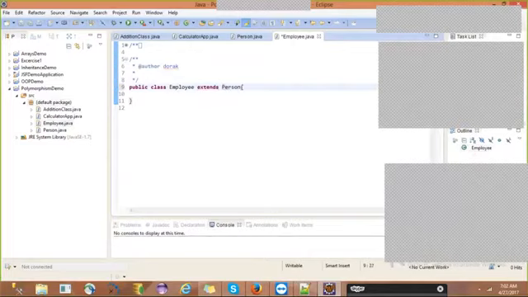Now employee becomes a subclass of person, and the relation between employee and person is an is-a relation. Why? Because in generic English, you can say employee is a person, but you can't say bus is a person. Why? Because bus is a vehicle, right? So that kind of common observation should be there whenever we are writing our classes.